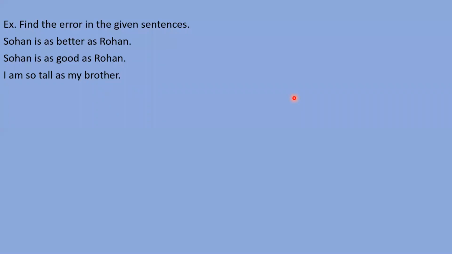So my brother is as tall as me. Yeah, we can say this sentence also, but the basic mistake is that we need to use as here, not so. We can use so whenever we make a negative sentence, but in a positive sentence, you need to use as tall as. You can say I am as tall as my brother, or you can also say my brother is as tall as I am, right? Both ways are right, but instead of so, you need to use as there. Good, very good. You have given the right answer.